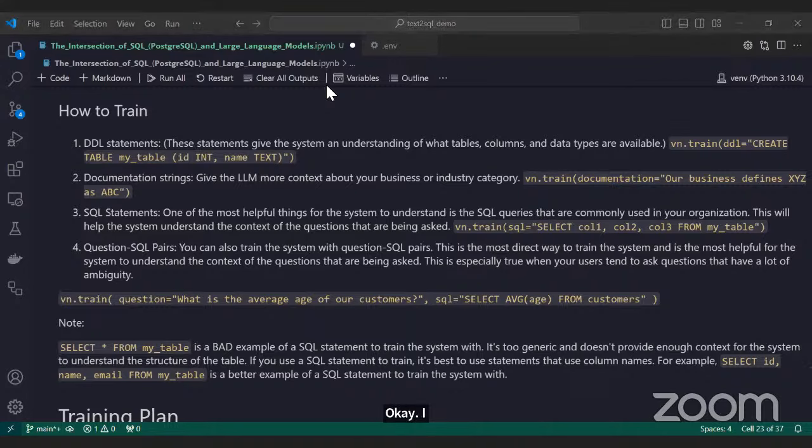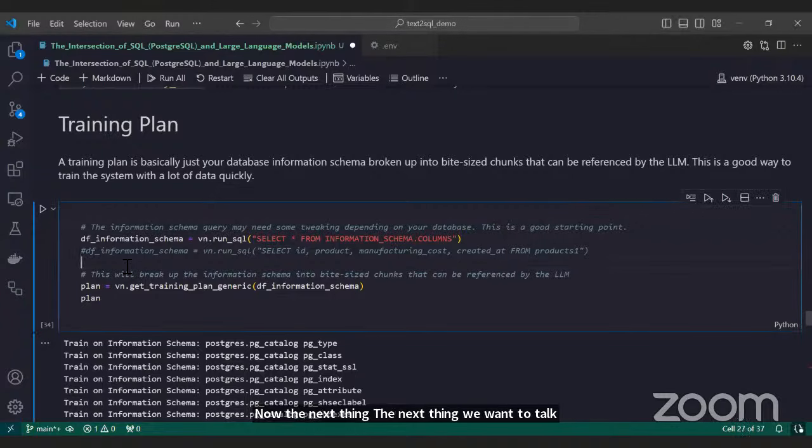Now, the next thing we want to talk about is your training plan, right? In terms of how do I train my data, you're training your data on your model. Now, the Vanna model uses the RAG system.